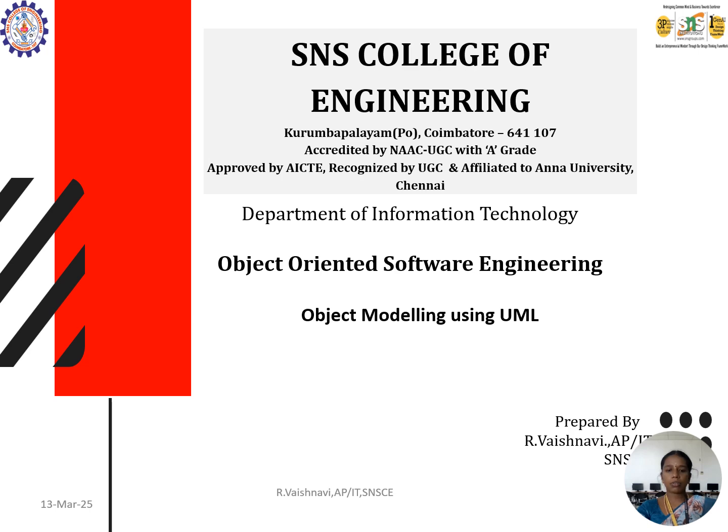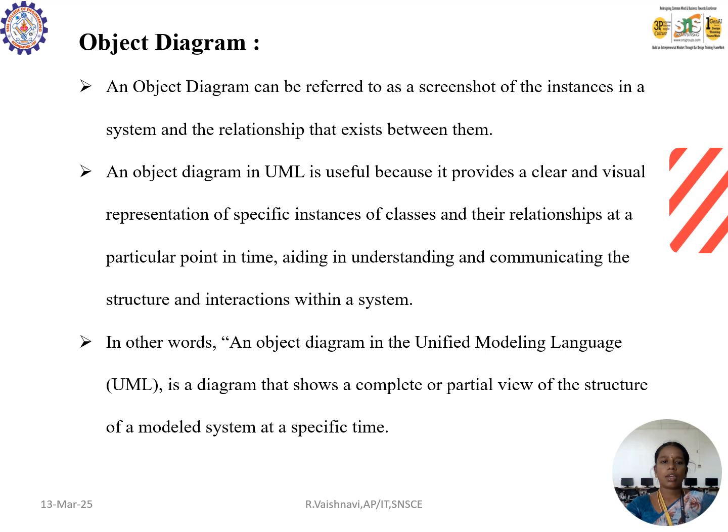Now we are going to see about object modeling using UML diagrams. Object diagram. The object diagram can be referred to as a screenshot of the instances in the system and the relationship that exists between them. An object diagram in UML is useful because it provides a clear and visual representation of a specific instance of classes and their relationship at a particular point in time, aiding in understanding and communicating the structures and interaction